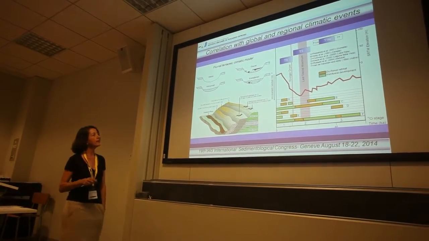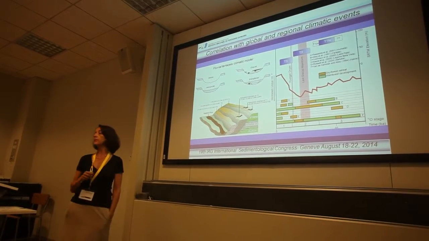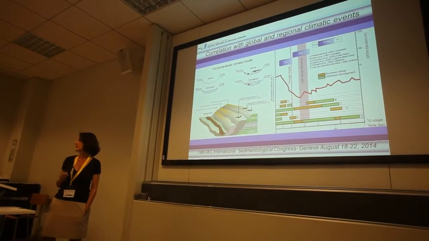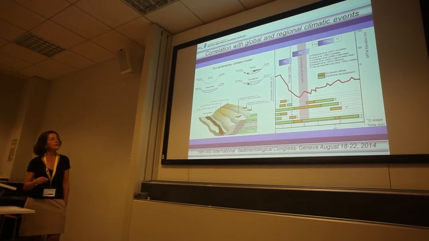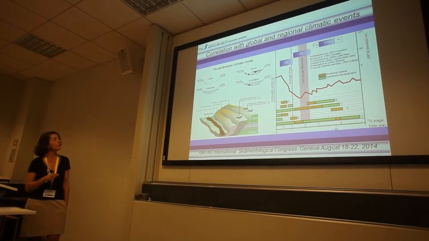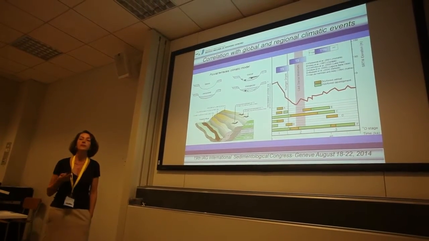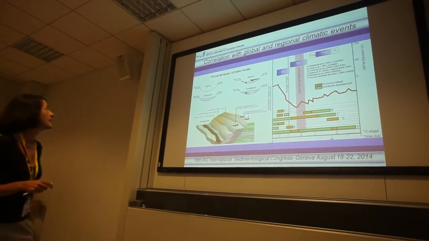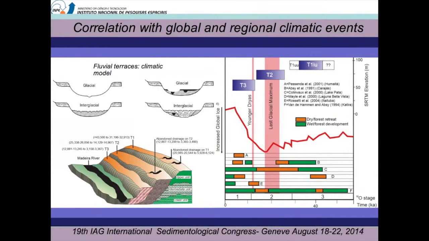And if you compare this with the glacial and interglacial episodes, you can see that you don't have a very good match between these events of terrace formation and the glacial-interglacial times. Usually, based on the climatic model for terrace development, during the glacial episodes we have erosion and terrace downcutting, and then in the interglacial period the water table rises, and you have a lot of sedimentation going on.